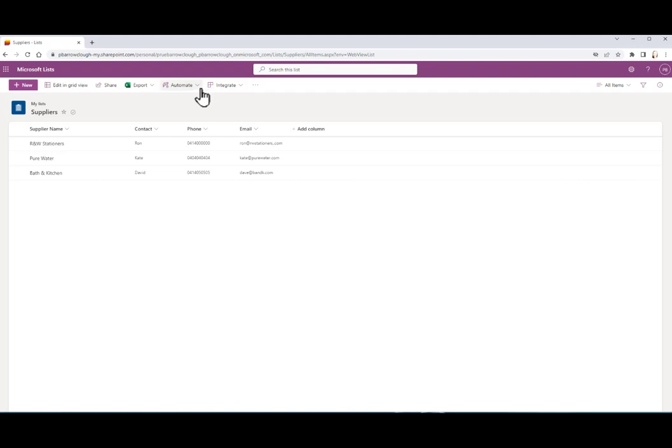And these last two, you can automate and create a rule. What that means is automation could be something like, if this list gets updated, notify the team, or just automatically set off a workflow. And the other thing, of course, is lists can be integrated with the Power platform of SharePoint. And again, we'll be going into this in further detail in other videos. So I'm just going to go back